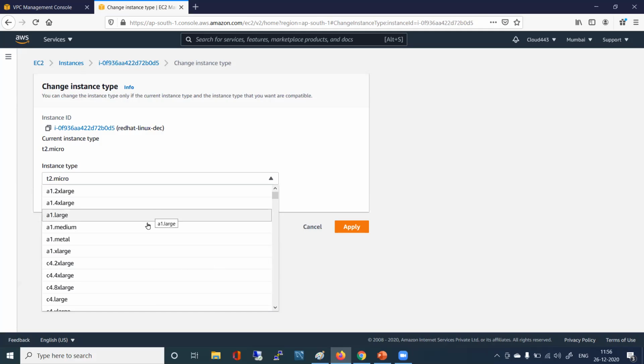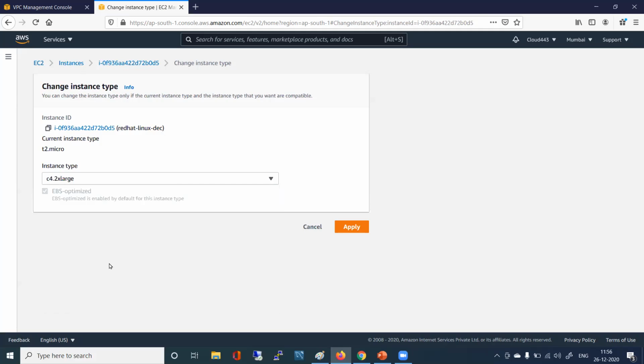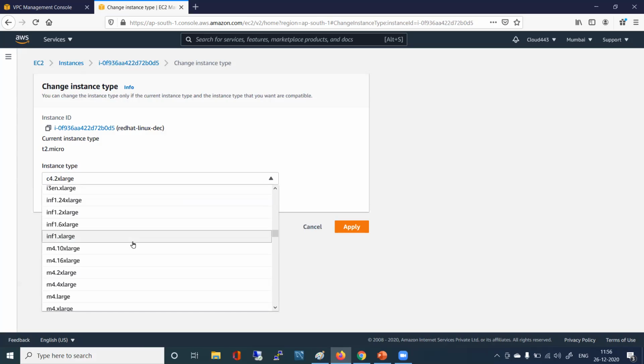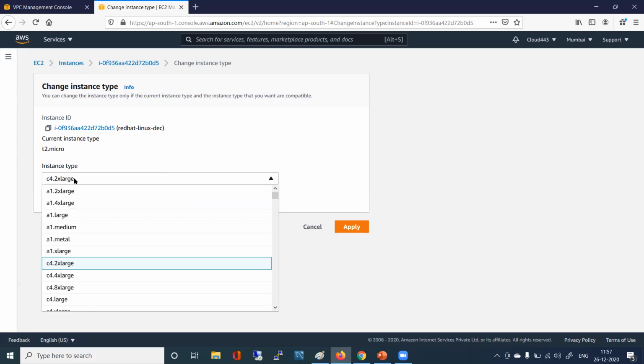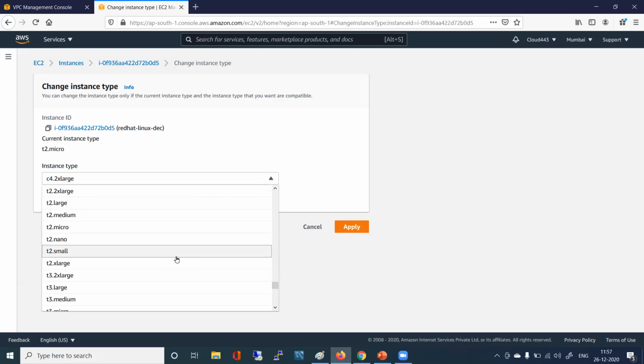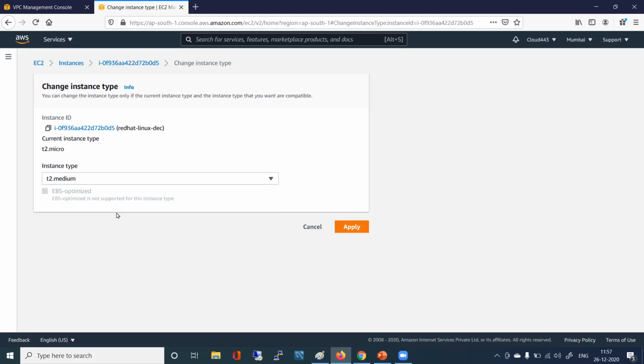I say like C4 double XL, or some other type, it will change to that. You see a lot of options: T2 extra large, T2 nano, T2 medium. If I choose T2 medium and say apply,